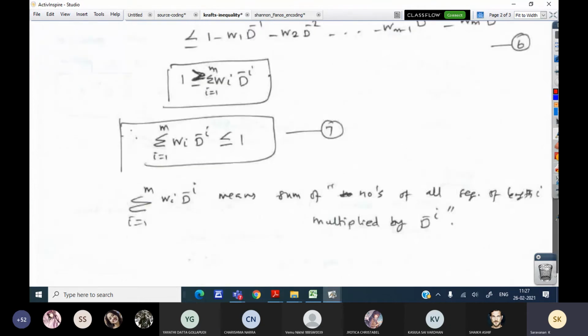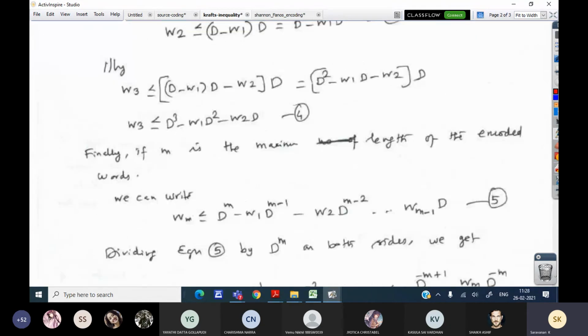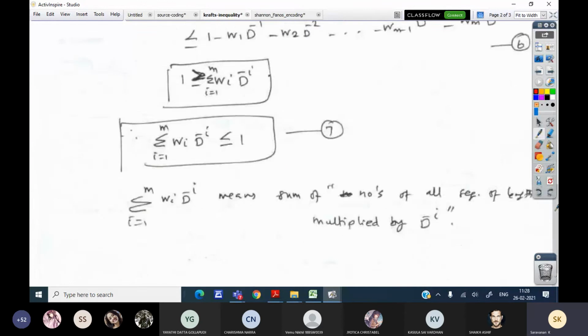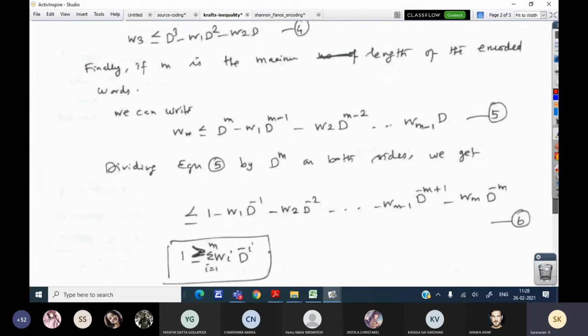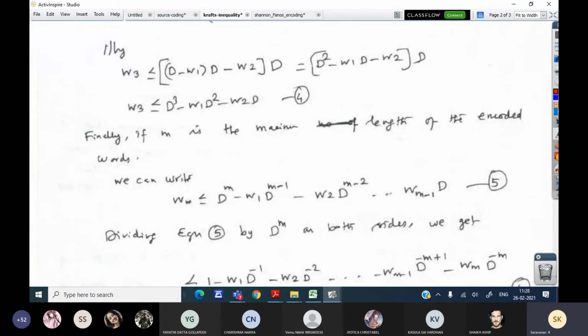In the same way, we can write for w3, the number of messages with length 3. Using the coding restriction, w3 is less than or equal to this, and when you multiply D inside, you get this equation.